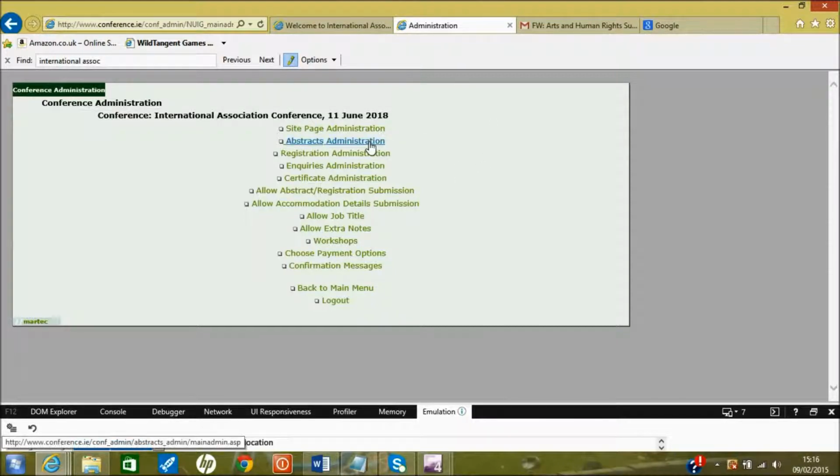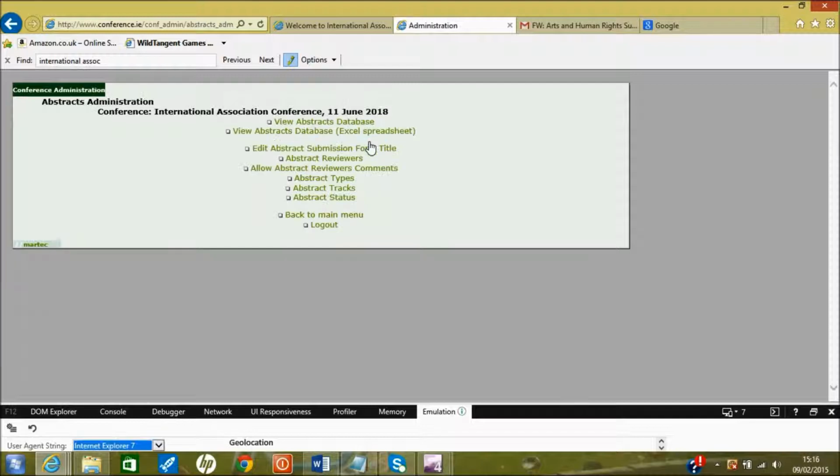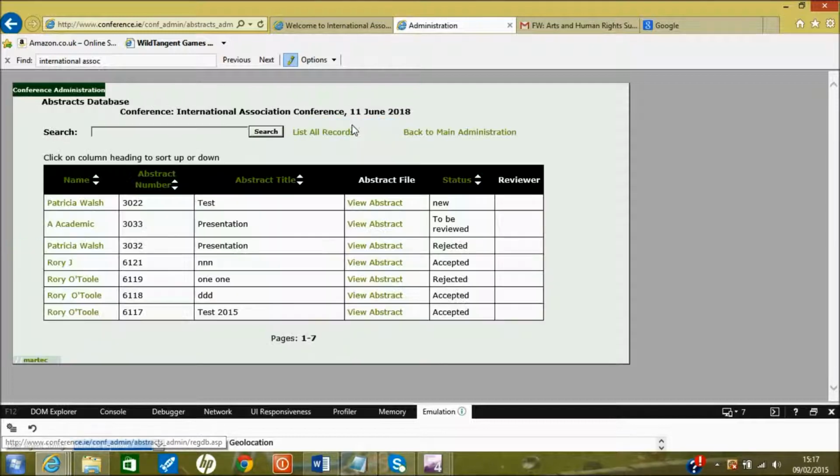And I'm going to first start with Abstract Administration, which is below Site Page Administration. In here we have View Abstract Database and View Abstract Database Excel spreadsheet. This is where you can view the abstract database online. As you can see, we have uploaded a number of documents in other previous training sessions. So you have the person's contact name, their abstract registration number, the title of their abstract, and then a link